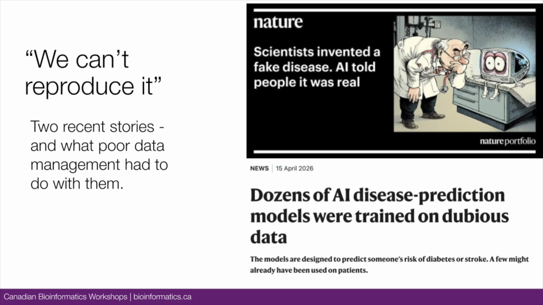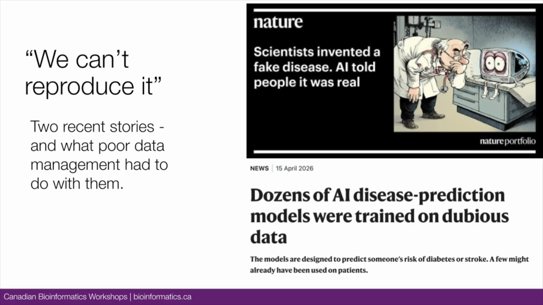I suspect most of us work with computers in this room. If you ask Google or ChatGPT, "my eyes are itchy," it's going to say, are you working with a computer? And you say yes. It says, you may have bixonimania. What the heck is that? It comes from a preprint that a team of scientists published in, I think, 2024, and it was very obviously wrong and fake. They credit the USS Enterprise in the references and things like that, but it was published as a preprint and AI picked it up and inferred there was a real disease, that people were actually suffering, and it recommended that you get checked for the disease.